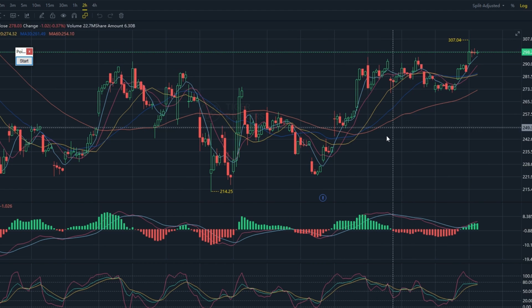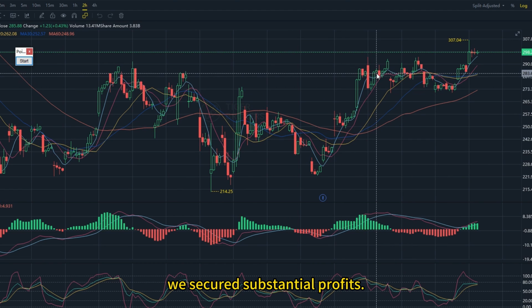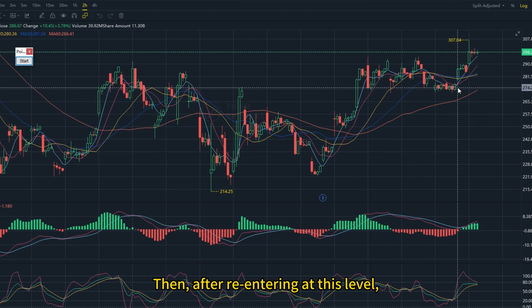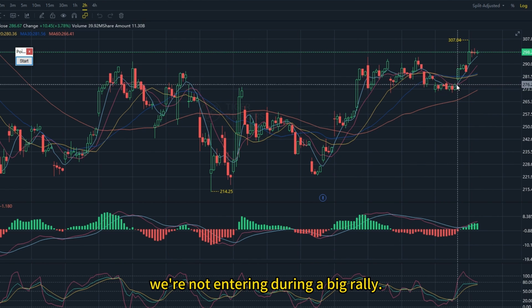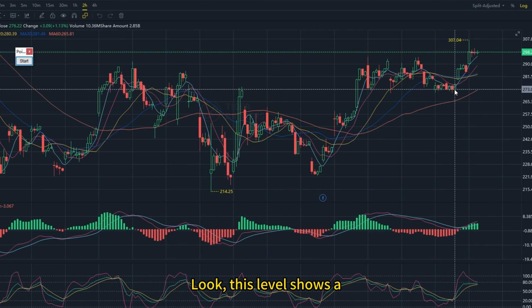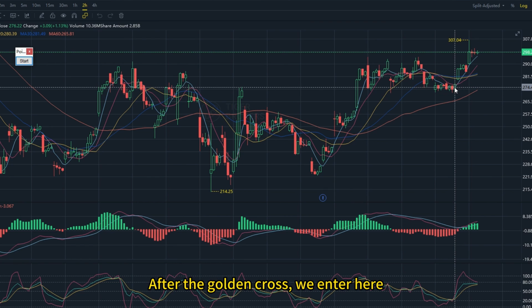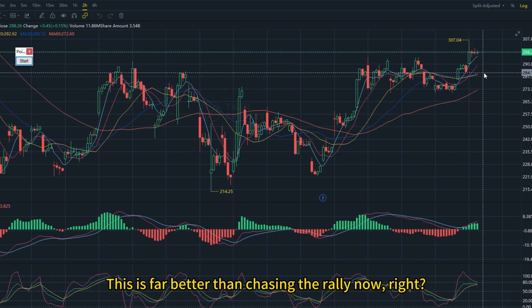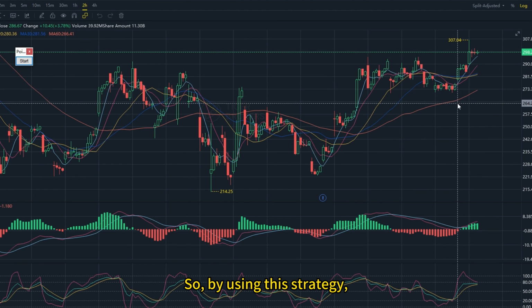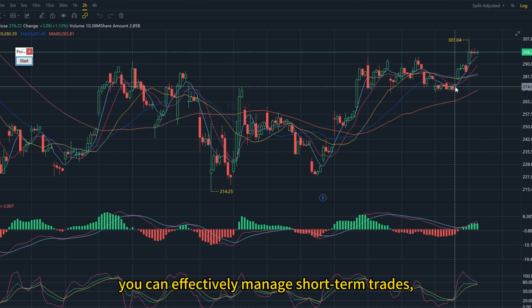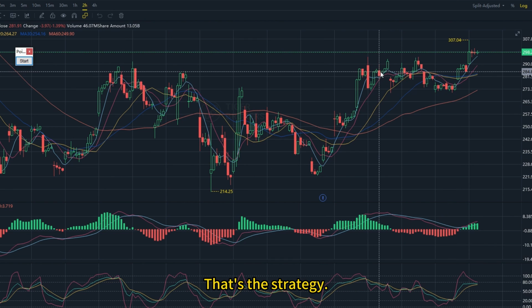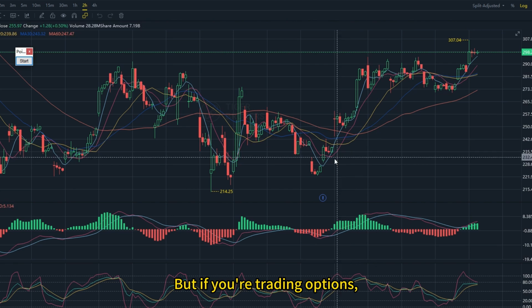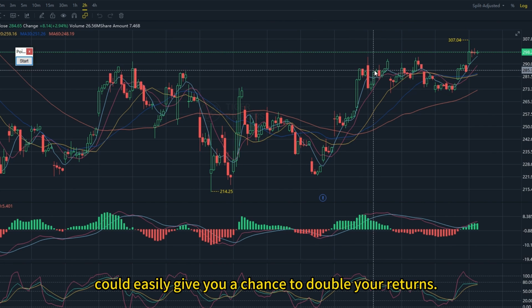Got it? After entering at this level, we secured substantial profits. Then after re-entering at this level, we're not entering during a big rally. Look, this level shows a golden cross. See that? That's a golden cross. After the golden cross, we enter here and hold the position. This is far better than chasing the rally now, right? So by using this strategy, you can effectively manage short-term trades, holding positions for around 3 to 4 days. That's the strategy. But if you're trading options, this level of rally could easily give you a chance to double